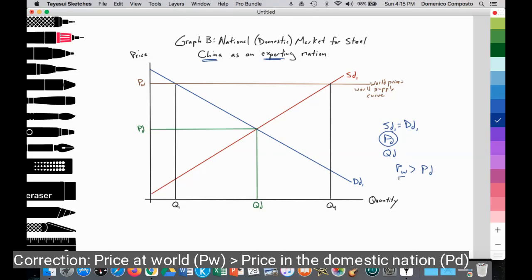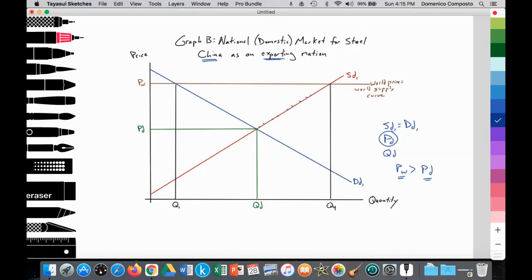Their opportunity cost or their cost of production are lower than other countries, and so they will export. So since world price is greater than domestic price, China will engage in world trade and export, and they will increase the quantity supplied along their domestic supply curve up to the world price, up to a quantity of Q4 that we see here. And because prices will be higher within their domestic economy, the quantity demanded by Chinese firms demanding steel as a key input will decrease to Q1. And essentially, the exports will run from Q4 to Q1.